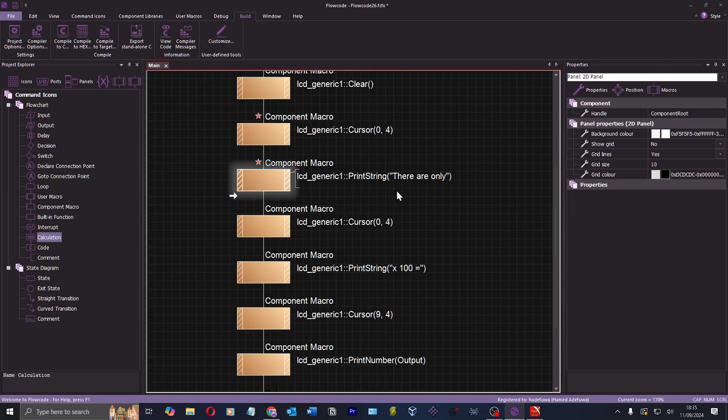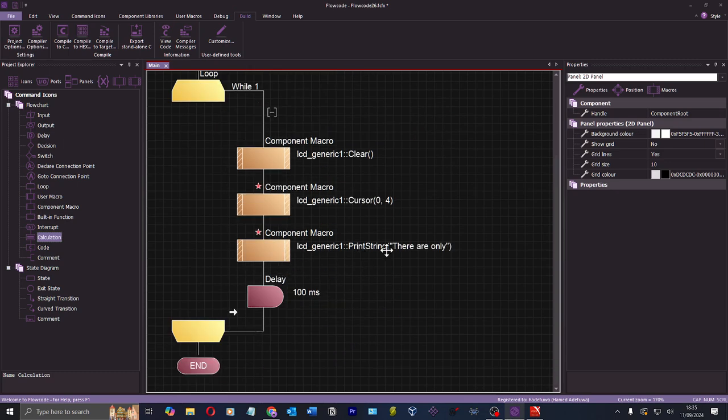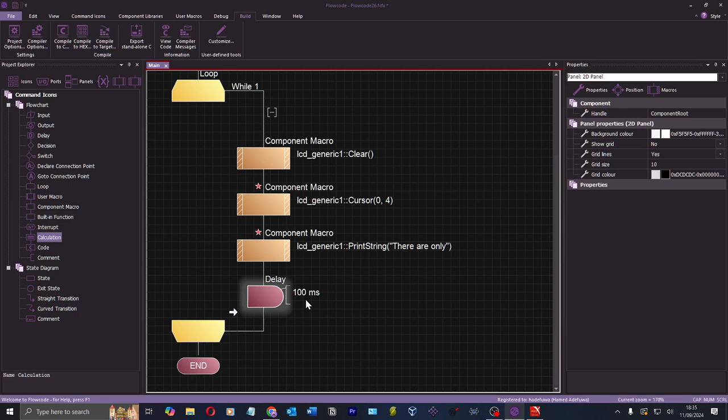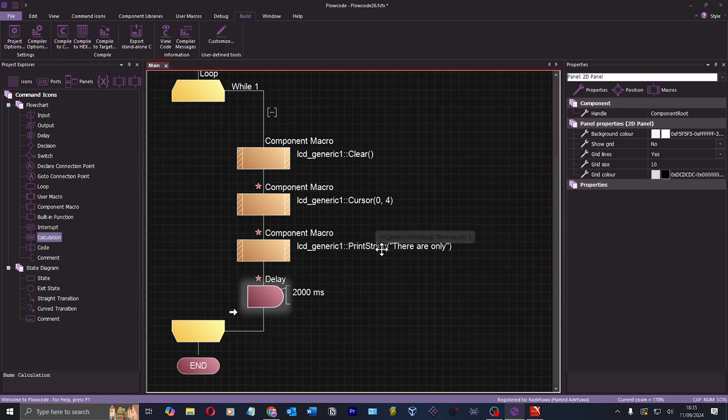I'm not actually sure here. Let's delete all of that. That will put that on the screen for 100 milliseconds. How long do they want it on? Was it 2 seconds? 2 seconds. So let's do that. And now that's 2 seconds. So after we do that,